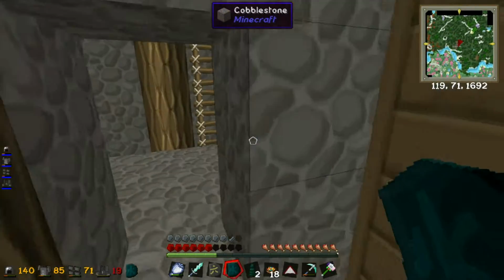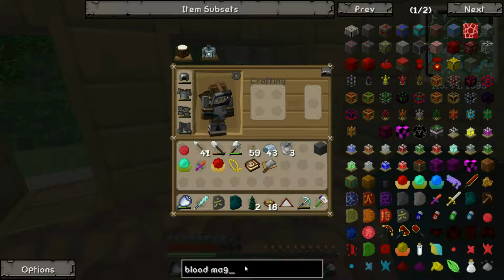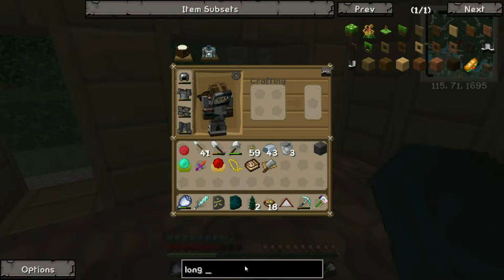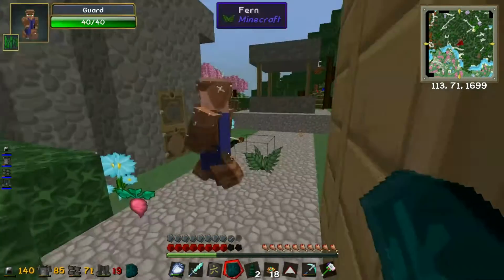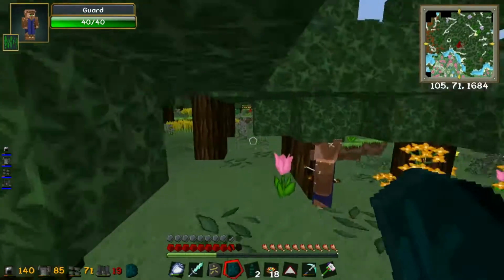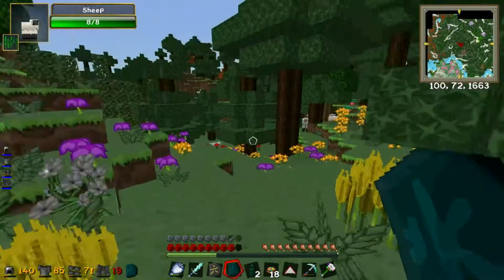I need to get some sort of full protection boots. Maybe, just maybe, I can make myself some longfall boots. What do they require? A lot of diamonds. I don't know. Maybe we can do that near the end of the episode. But I sort of just want to load a little bit more of the world to see what I'm